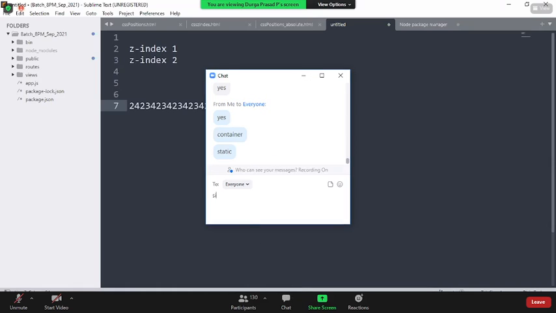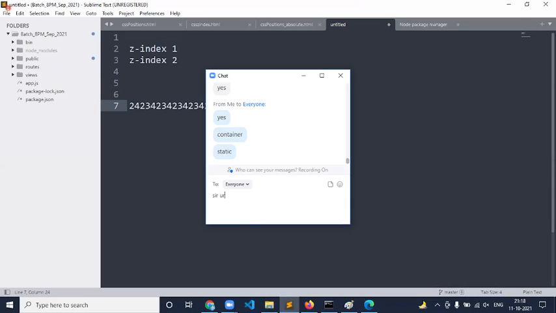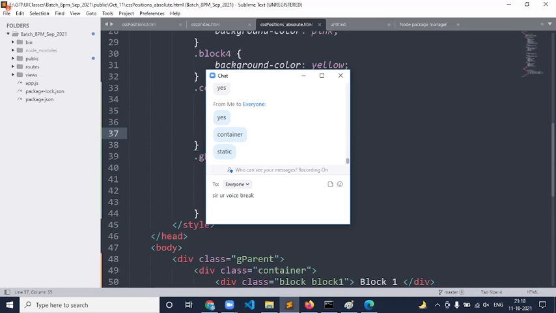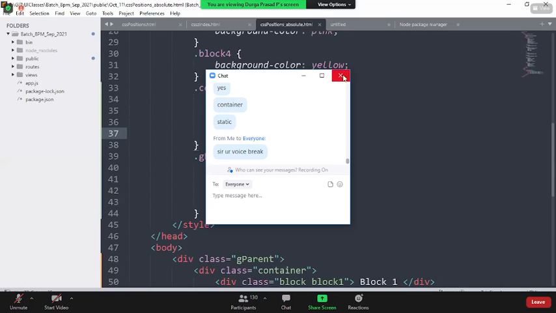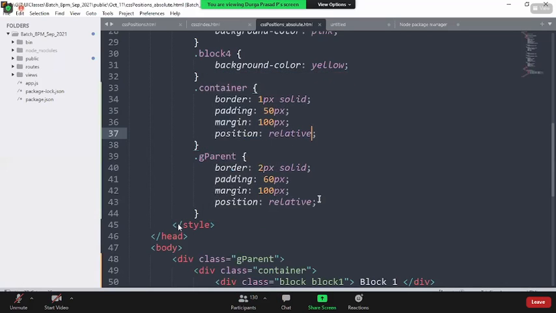If you had 100 elements and are not adding any z-index value, by default the z-index goes 1, 2, 3, 4, 5, 6. According to the page priority, the element with the higher z-index value will always come on top.